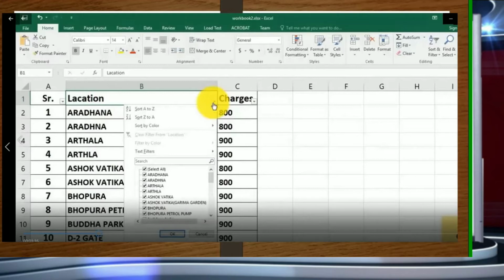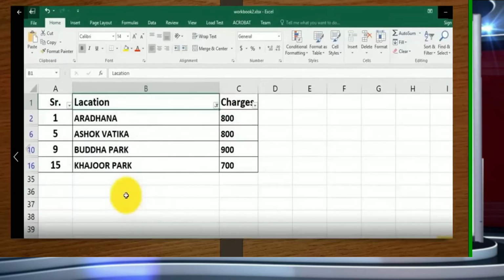As per your requirement, you go to the Select All box and click on that. Now it will be blank, which means the data is not selected. All the tick marks on the location data will be gone. Now you select the data of your choice. You can tick maybe 3-4 records, and then click OK.